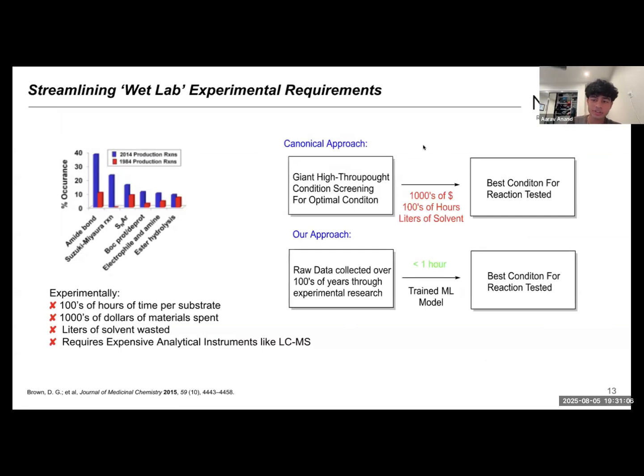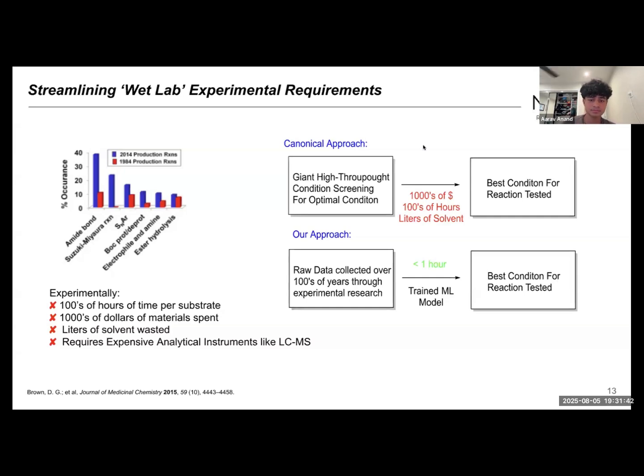We call this the canonical approach, utilizing giant high throughput condition screening to find the best conditions, which, as mentioned previously, takes thousands of dollars, hundreds of hours, and liters of solvent. Our new approach is more data-driven, where we utilize raw data collected over hundreds of years of experimental research that is currently being stored in open source databases to train machine learning models that can recognize trends and more efficiently optimize reaction